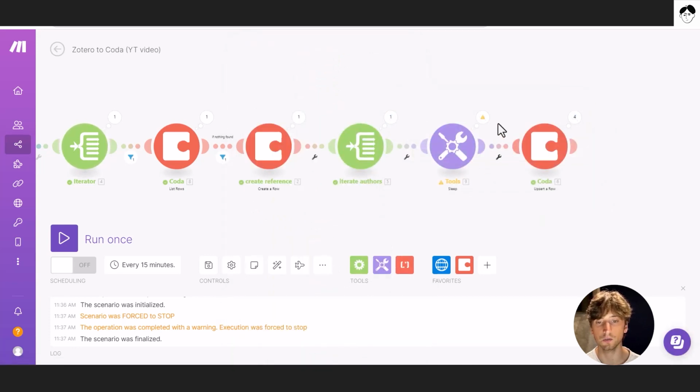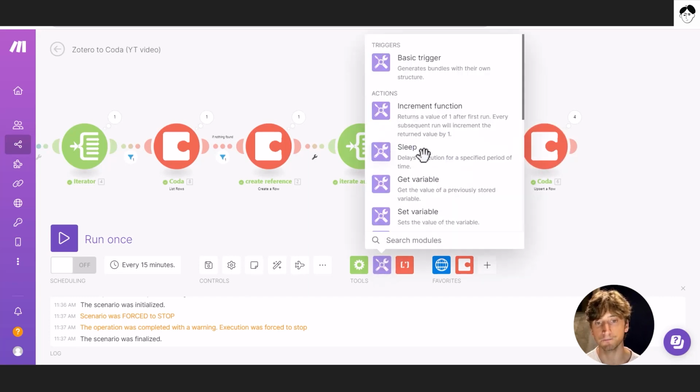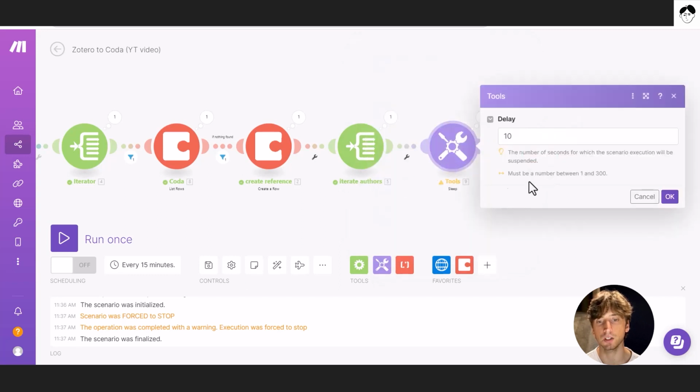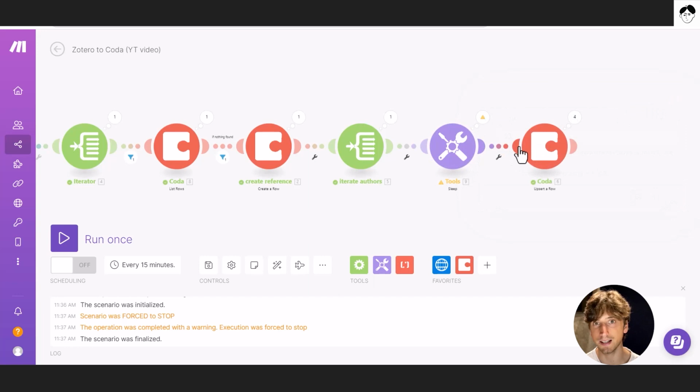Once that is done, we have a sleep module, and that's because while doing some tests, I noticed that the upsert row module would get into errors if there were too many requests at a time. And that's why we have a sleep module that you can find under tools, sleep, and we make it sleep or pause for 10 seconds, and then continue with the last module in this Make scenario, that is upsert a